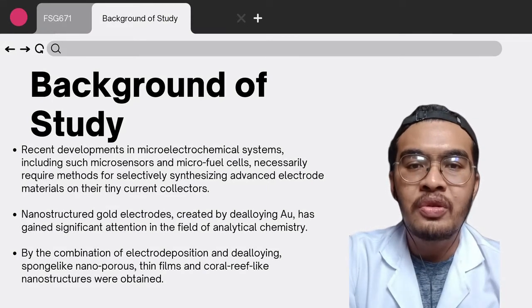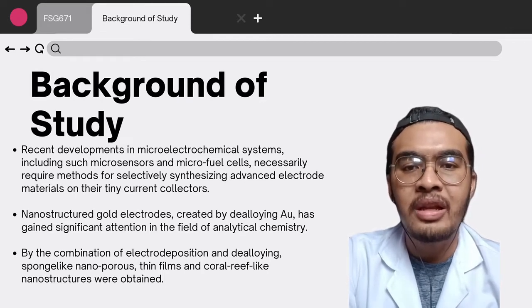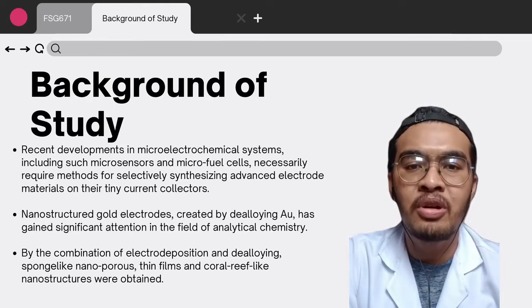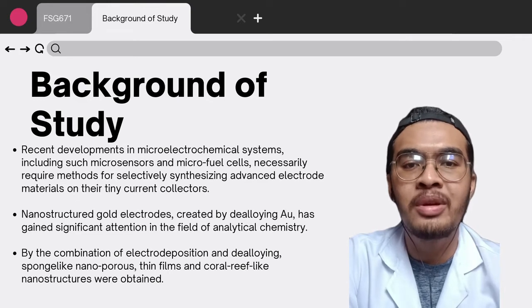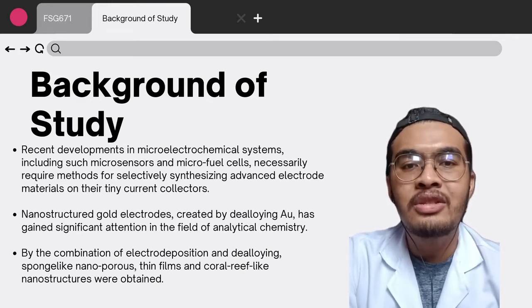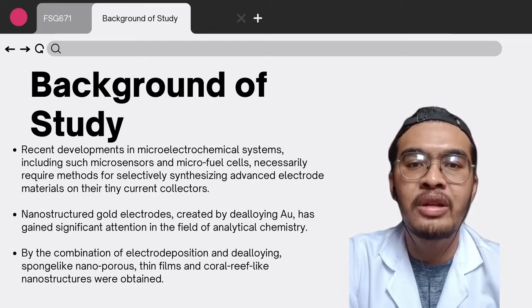Nanostructured gold electrodes created by dealloying gold have gained significant attention in the field of analytical chemistry. This conductive material has an open, 3D porous framework made up of nano-sized pores and ligaments with surface areas that are tens to hundreds of times larger than planar gold of an equivalent geometric area. The high surface area coupled with an open pore network makes nanoporous gold an ideal support for the development of